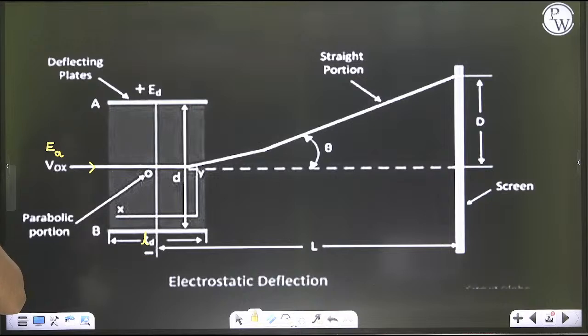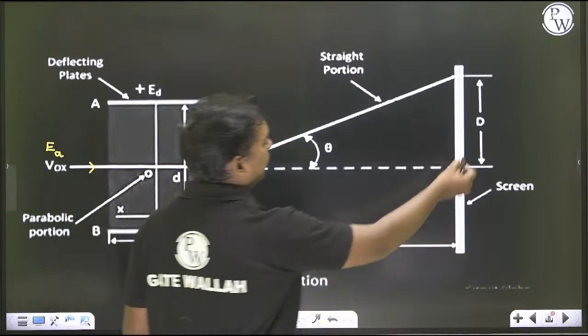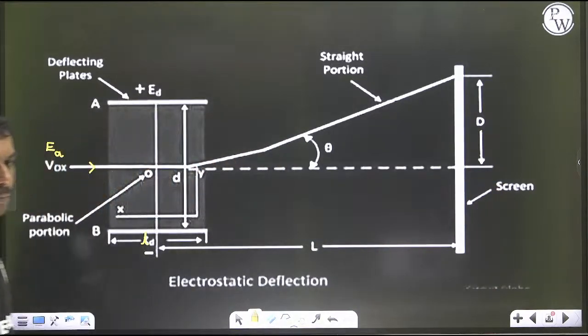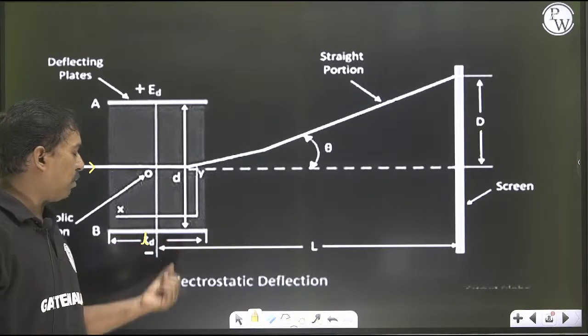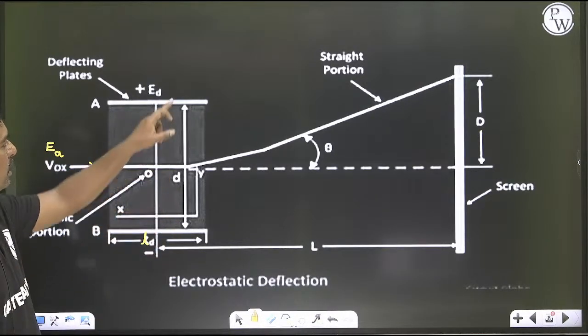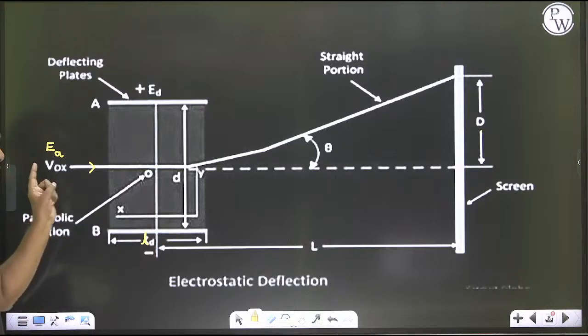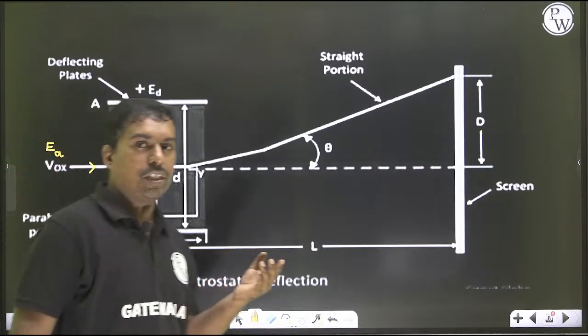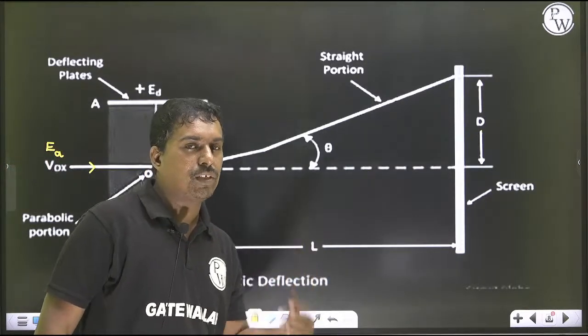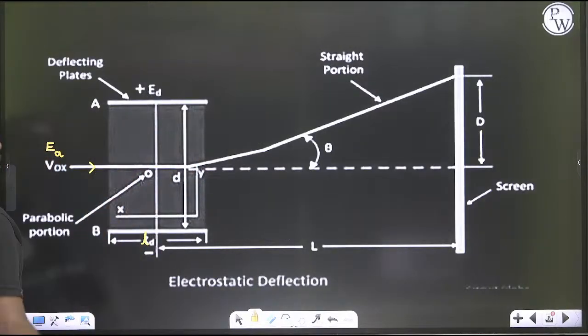Okay, so the deflection, if you see, this deflection is the capital D. So once again I'm repeating the parameters. Small ld is the length of the deflection plates, small d is the distance between the deflection plates, EA is the accelerating anode voltage by which the electron enters into the deflection plates,